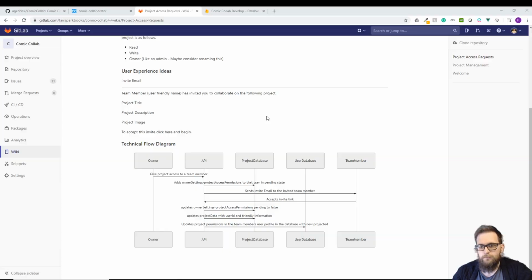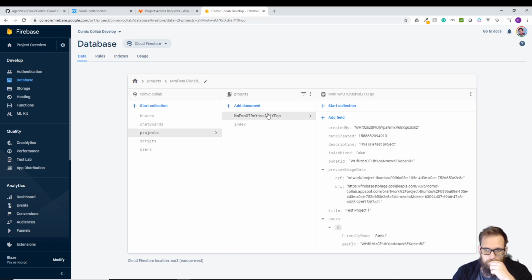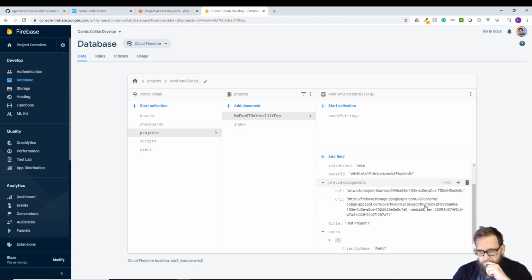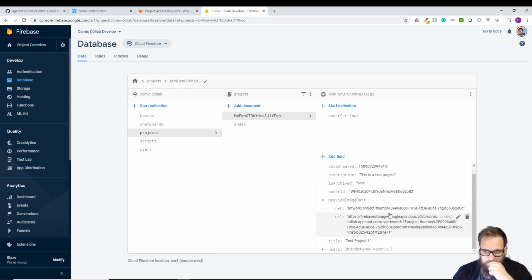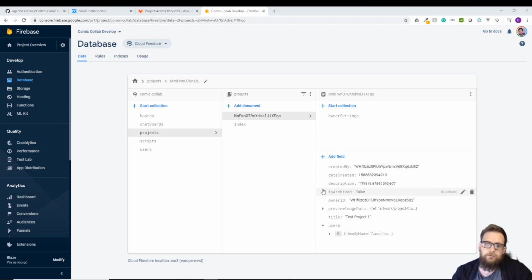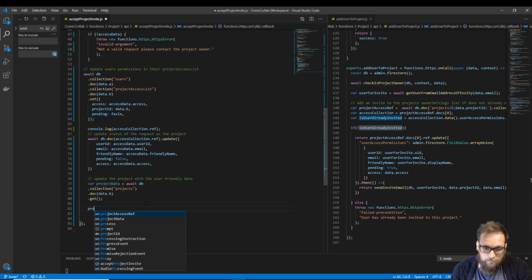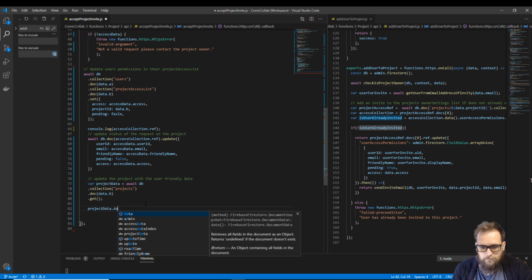Because then that gives me the project's data, which will end up like this, and then I need to have a look at .users. So I want to add to that, don't I? Yeah, fine. And then this should just be var project data equals await db.get, and then project data.data